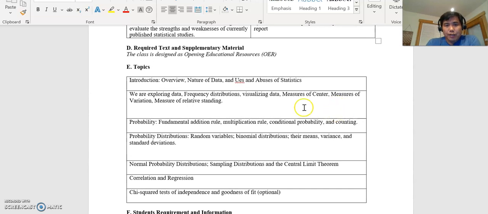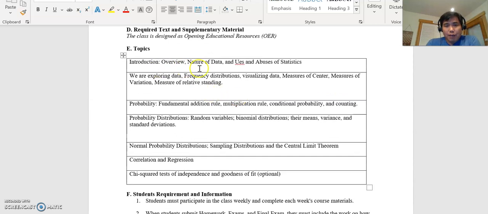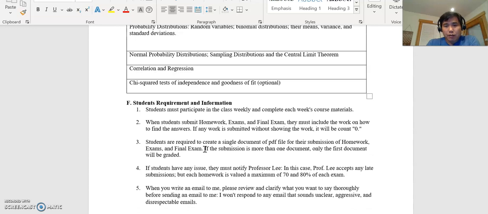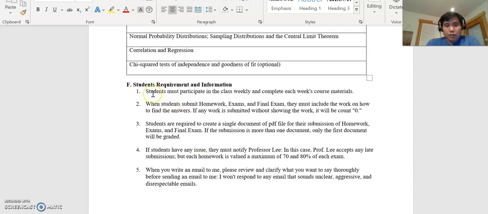so if you look here, this is a topic which we will cover, okay? And now, the important part is the student's requirement and information here. Okay, so student must participate in the class weekly and complete each week's course material. Okay, so I showed you already what to do every week. And then number two, when students submit homework, exam, and final exam, they must include the work on how to